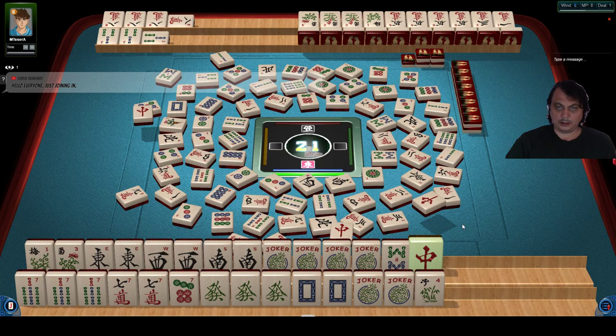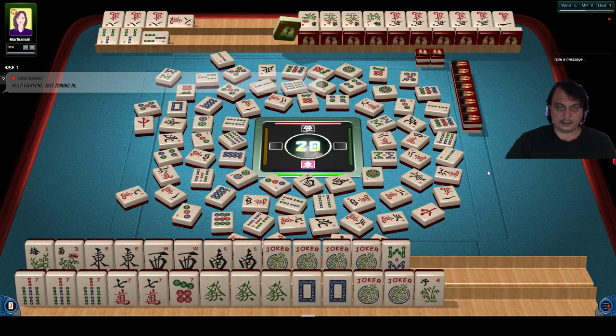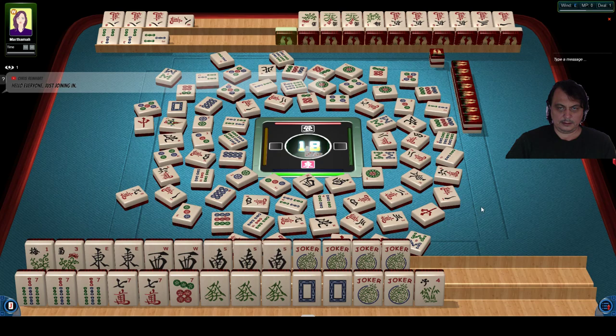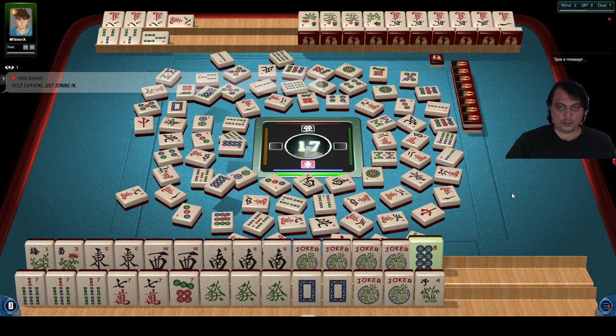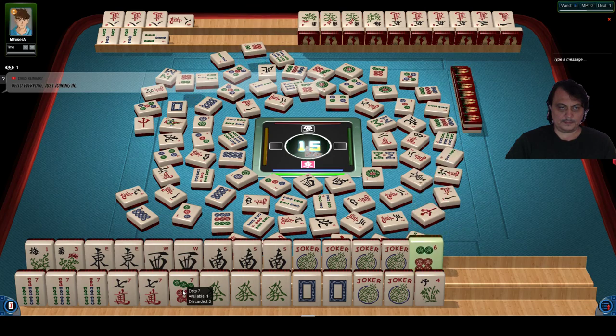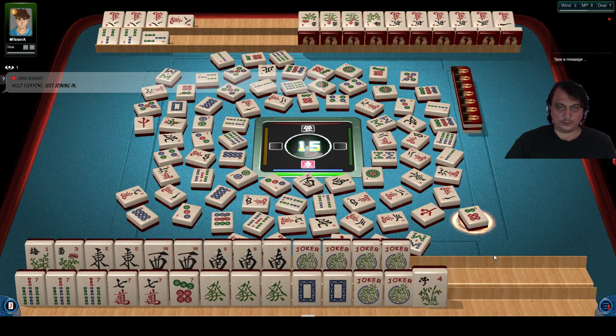I have all the jokers in the world, but I'm afraid that I'm gonna lose because this is a jokerless hand. And I don't have 2 hands here. Okay, that's getting better. 18 tiles left. I need one good tile, and then I'll be waiting for two mahjongs. One good tile, 17 tiles left. By good, I mean I need a 7, actually. I should have claimed that, probably. Might be hard to get it, because I can win only with this 7. At least this hand. This one is easier, I can just move some jokers and claim it. But that one...